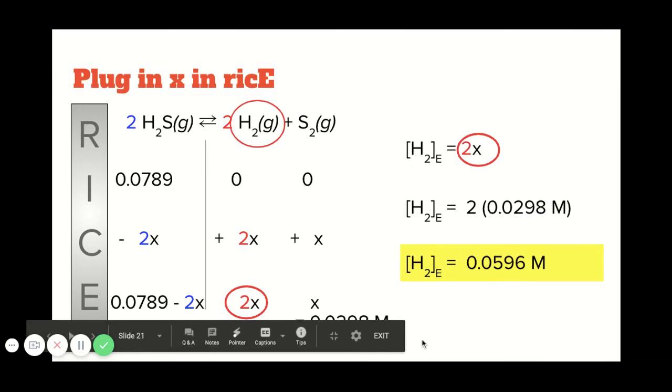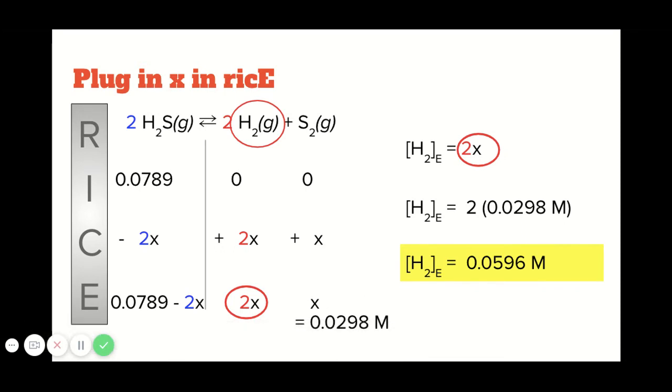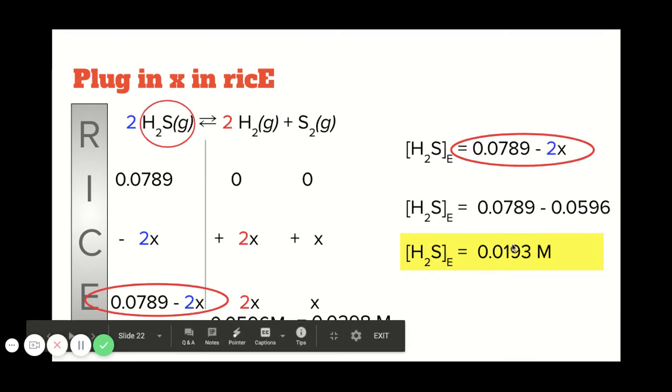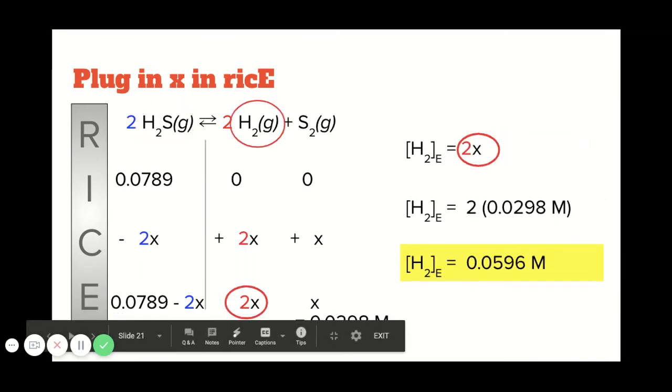Just as an aside, I like writing the values near the ICE table. So I wrote, you can't see it, 0.0298 right there. As I get more information, I'm going to write it there as well. So how do I find 2x? I multiply x by 2, 0.0596, and that will be the concentration that I write for